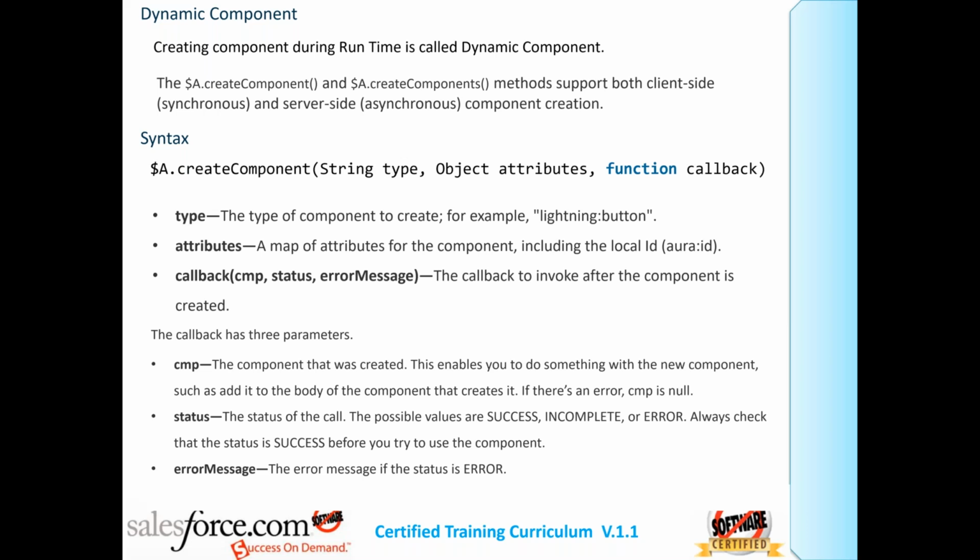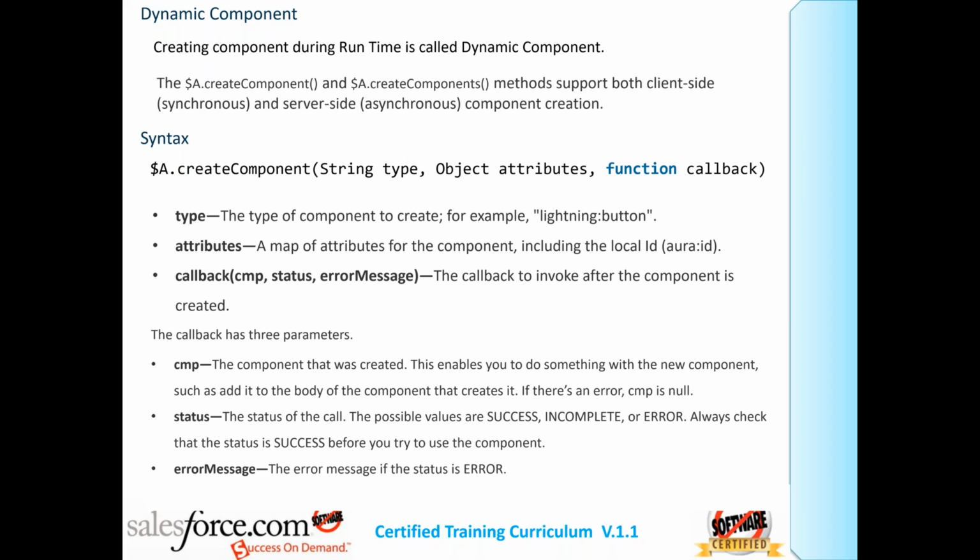So what are the things I have? I have type, attribute, callback. Callback again has three parameters: component, status, error message.